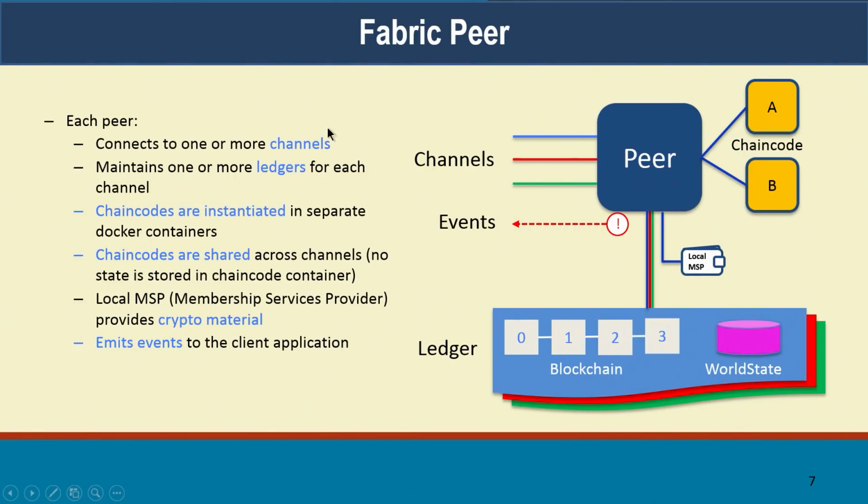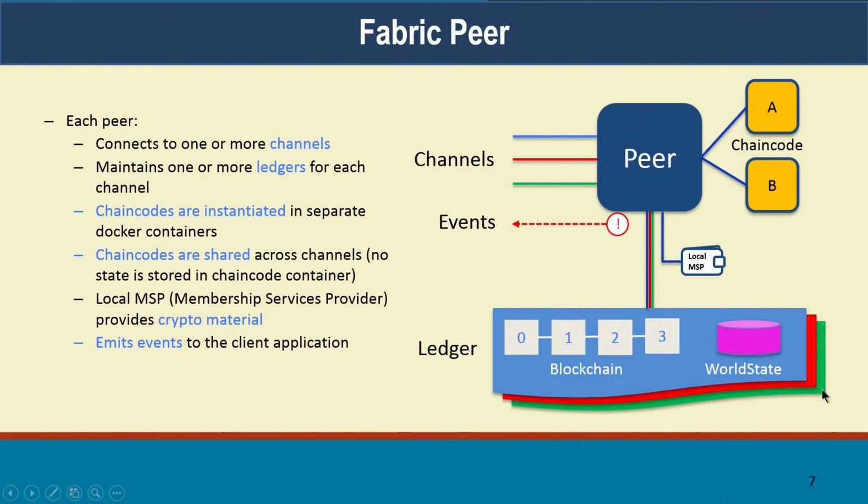And each channel has its own ledger and its own blockchain, and they are all kept separate. So there is a blue ledger, a red ledger, and a green ledger. The actual process for the chain code, let's say there's chain code A and chain code B. These chain codes are processes. They're actually run inside Docker containers. You can package them as just processes, or you can package them as Docker containers. So think of the chain codes as Docker containers, and those processes are running.